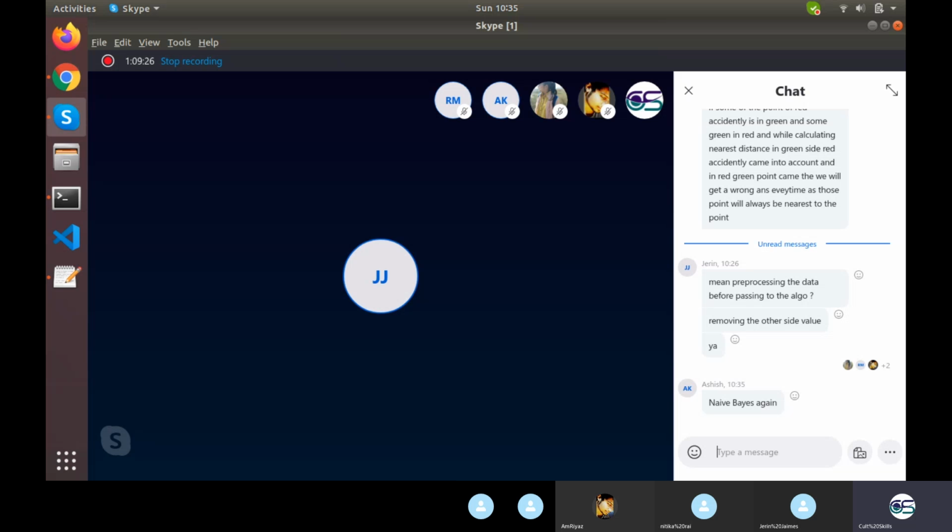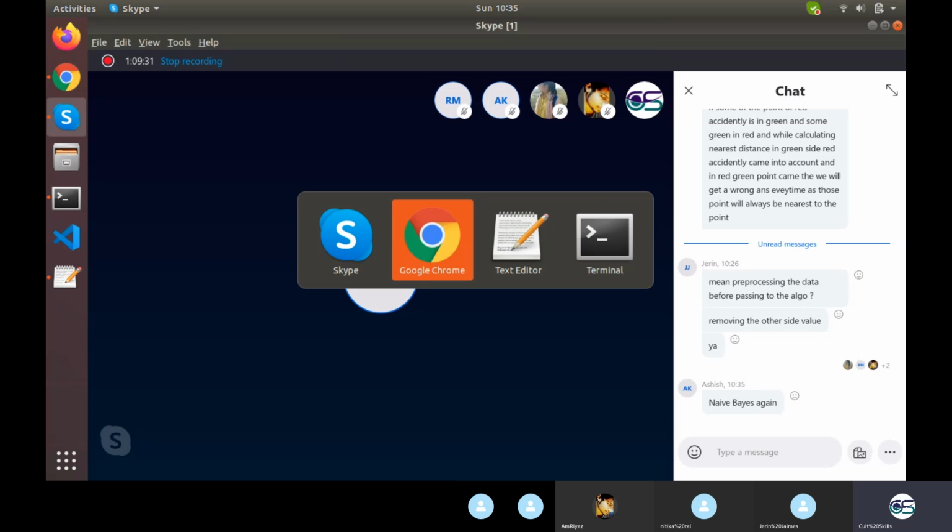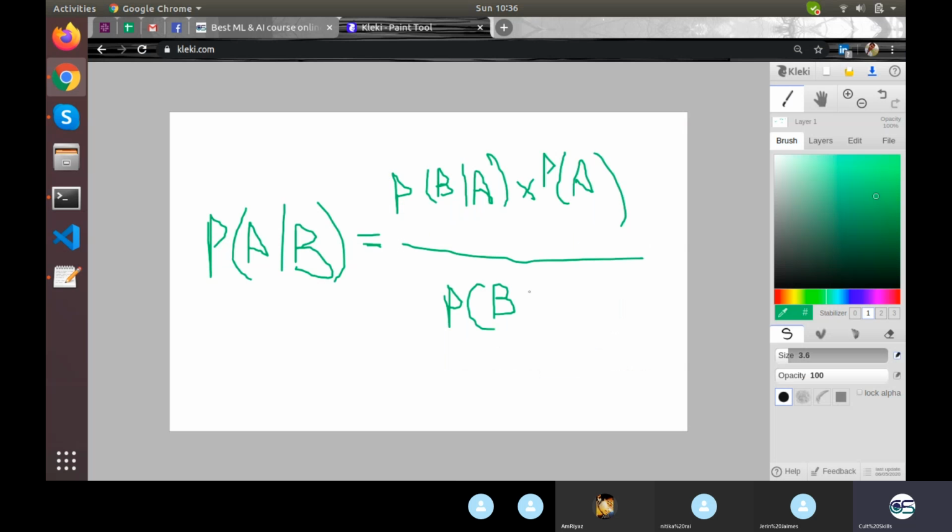Okay, I'll explain it in brief again. See, Naive Bayes will be doing what? Naive Bayes is a naive algorithm, as the name says. Naive means the beginning, and Bayes, because it basically relies on Bayes theorem. I don't know how to pronounce that. So this theorem is known as Bayes theorem. You'll find Bayes theorem on Google.